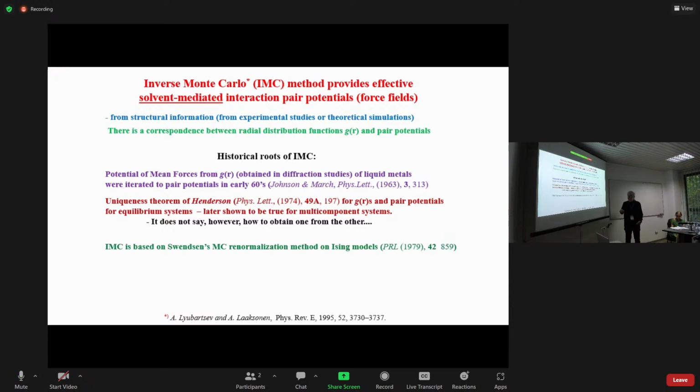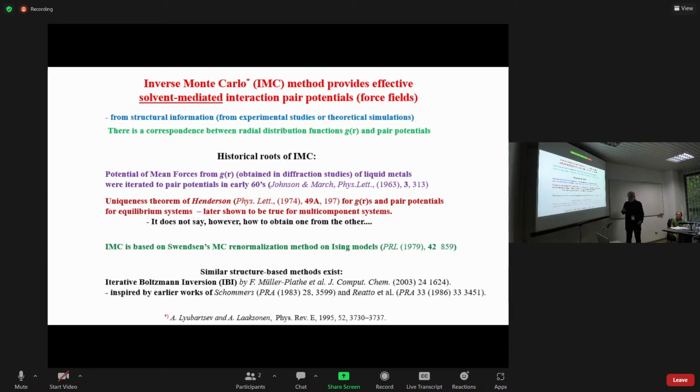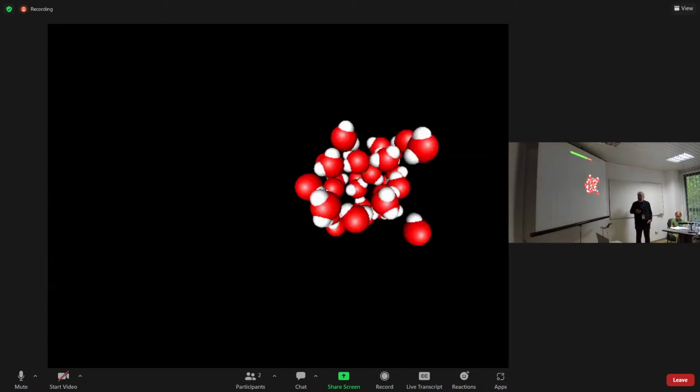So our inverse Monte-Carlo is based on something called Svensson's Monte-Carlo renormalization method on Ising models from the late 70s. There are also other similar structure-based methods, and I would like to mention one from Florian Müller-Plathe. It's called iterative Boltzmann inversion. In fact, we always use it initially because it's a very simple method, and then at some point we go to our own method to get better convergence. Okay, so